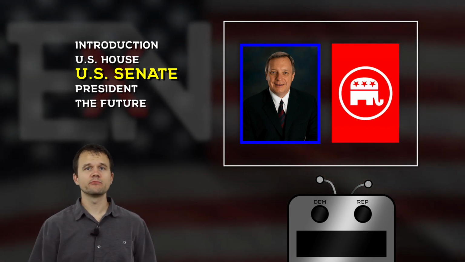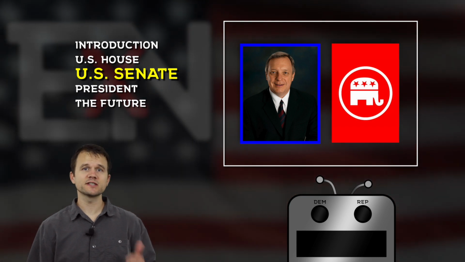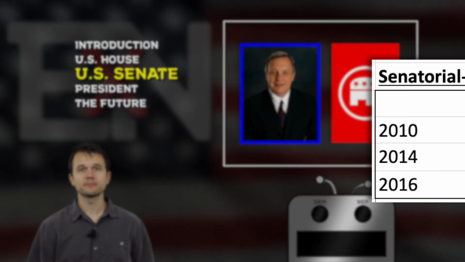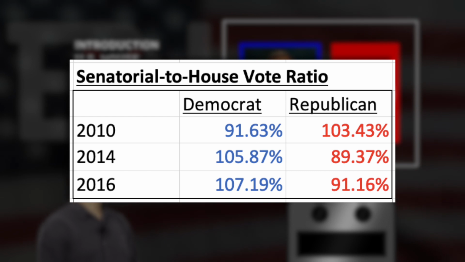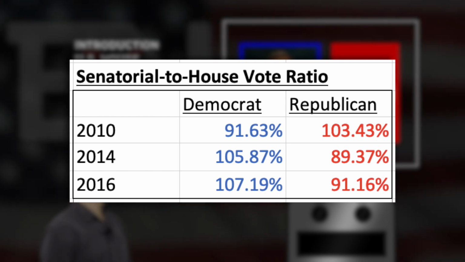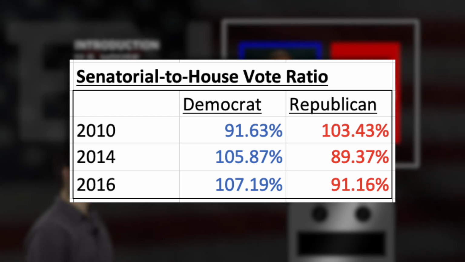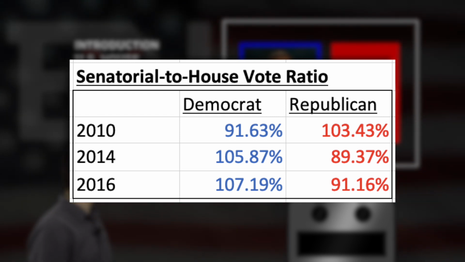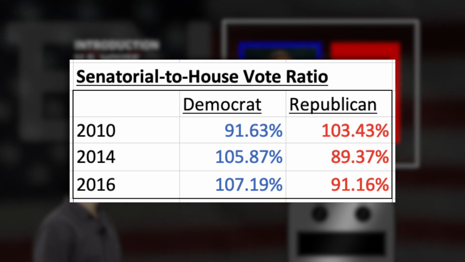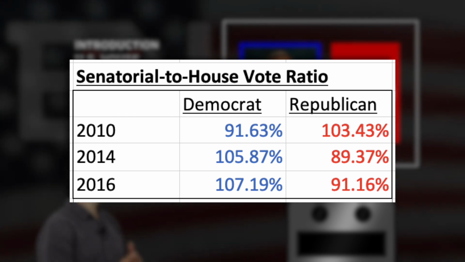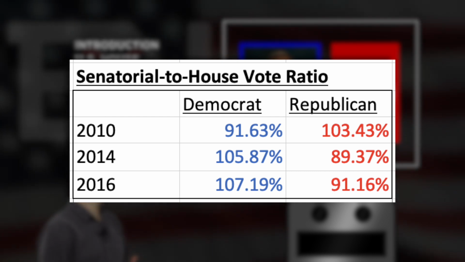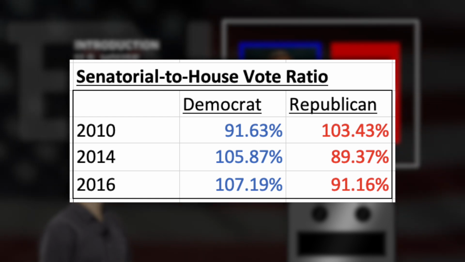So how have voters from Illinois been voting for senators? Let's take a look at some voter turnout ratios to figure that out. So here we're looking at some percent values that reflect how voters in the state of Illinois vote for senatorial candidates relative to House candidates of the same party. Generally, a value higher than 100% means that candidate got more enthusiasm, and a value less than 100% may have been for a candidate that was less inspiring.